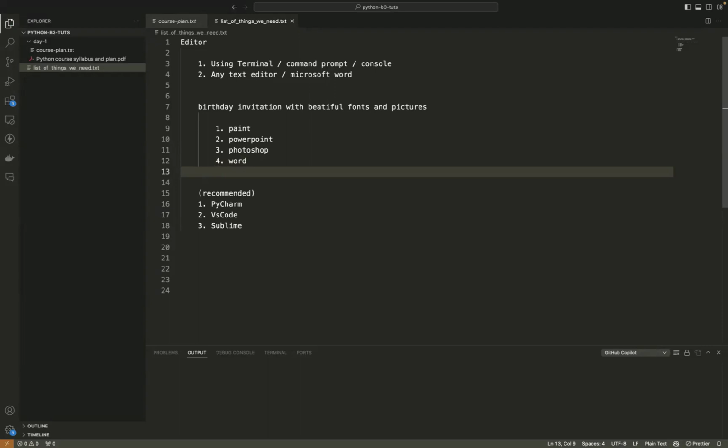Paint. Okay. But will that be a better one? Can you create an attractive invitation using Paint?